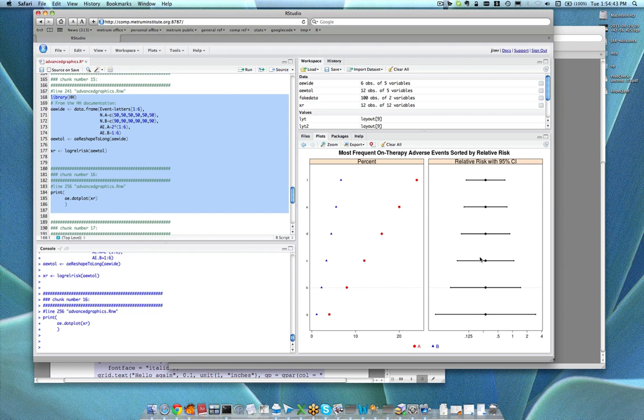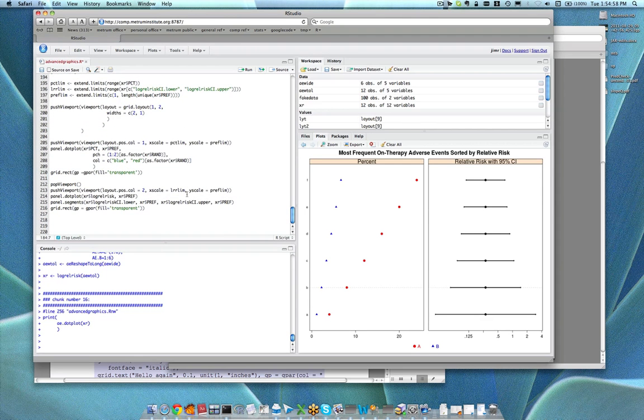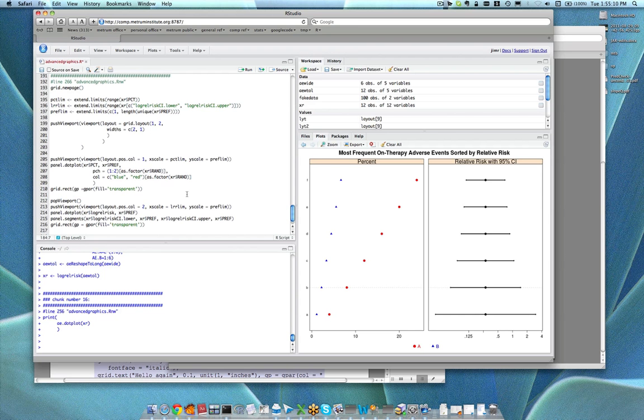If you did care about that, you might want to construct something like this sort of by hand. And what I start to sketch out in the remainder of the code in this script is a way that you could do that using grid primitive functions. This is just a sketch. It doesn't add all the nice margins and labels that you might want, but it gives you an idea of how you could do that. But I think what I'll do is I will leave that to you. If you want to work through that example,